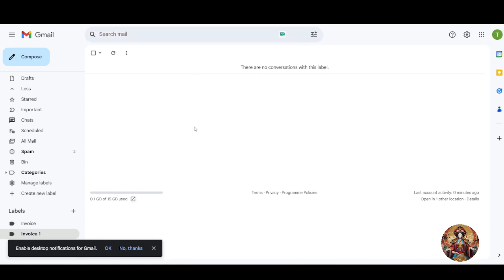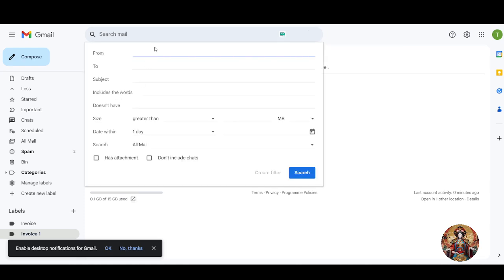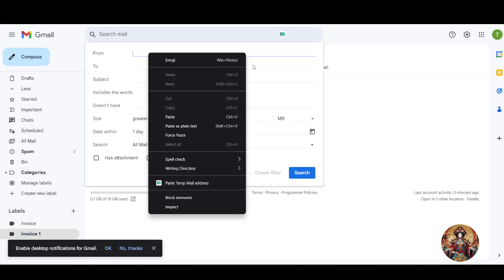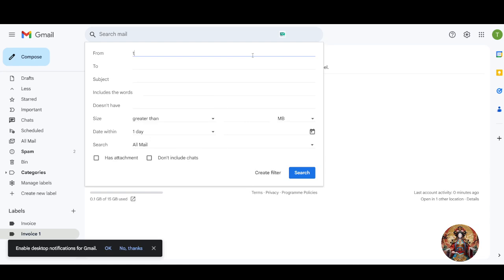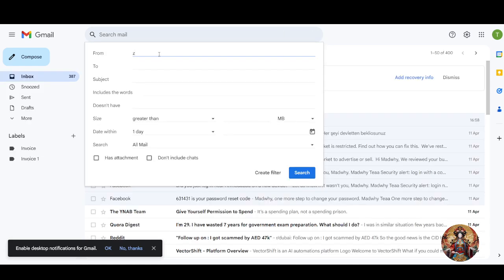So what I will do is click on this filter option, and now over here you have to enter the email. For example, I have an email. In the form field, type the email, or even a keyword in the subject line like electricity bill or invoice related things. For example, if you want to search for an email, just simply add the email and choose that,